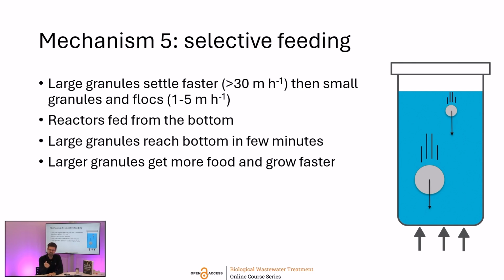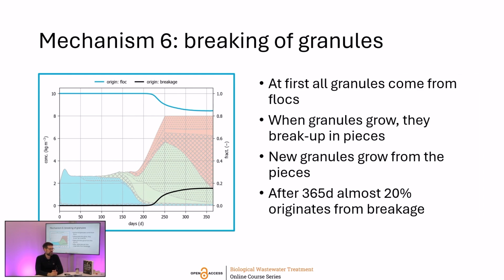But because of this selective feeding process, it is beneficial to be big. So this process really makes it so that the granules can grow bigger than a few hundred micrometers. This really helps in the granulation process. And the last one is a little bit a strange one, but actually breaking of granules helps in your granulation